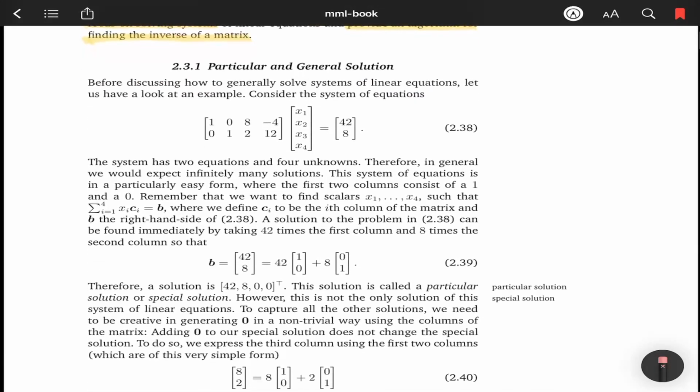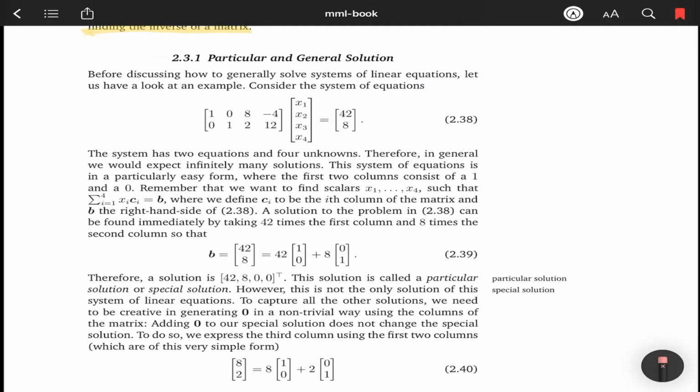Yeah, so the next section is 2.3.1, particular and general solution. Before discussing how to generally solve systems of linear equations, let us have a look at an example considering the system of equations. We have a 2 times 4 matrix and a vector of 4. And then, of course, we will have a 2 times 1, or basically a vector. The system has 2 equations and 4 unknowns. Therefore, in general, we would expect infinitely many